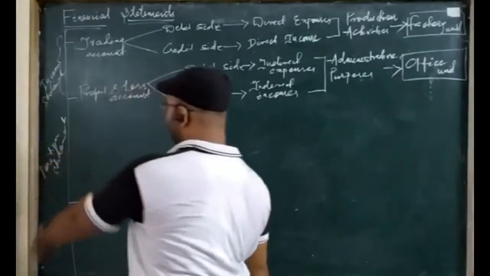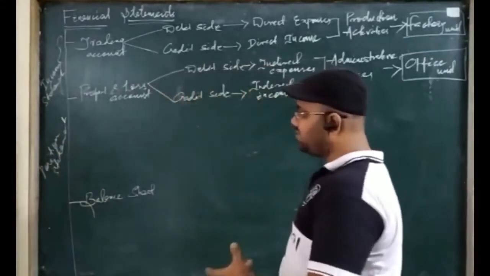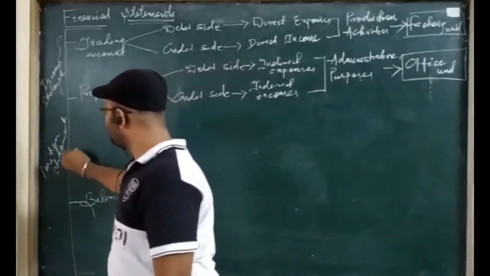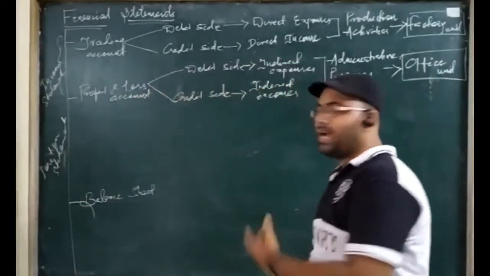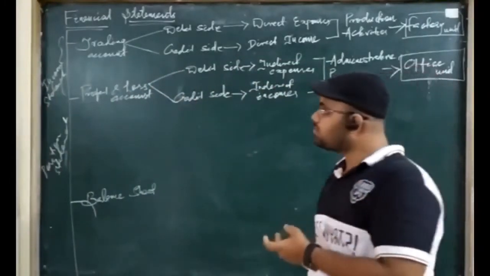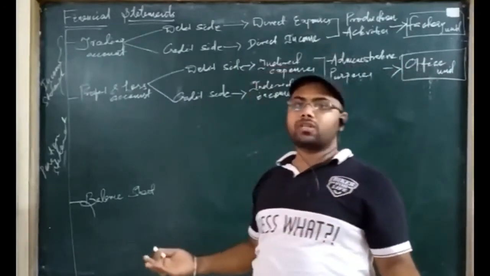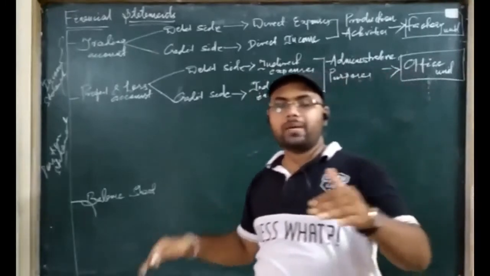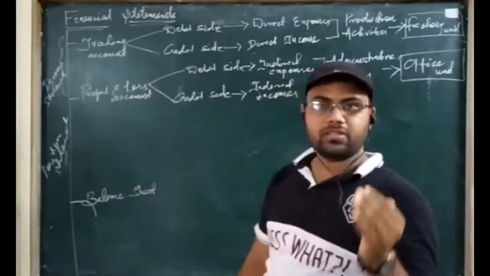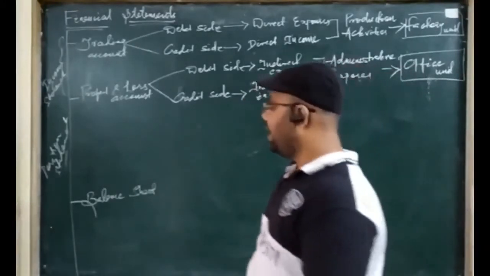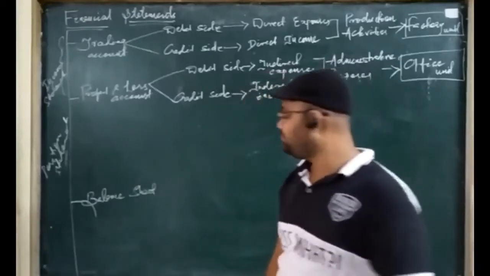which is otherwise called the position statement. Why is it called the position statement? Because it discloses the financial position of the business. And why are trading and profit and loss account called an income statement? Because it determines the excess of income over the expenses. So basically the different types of incomes are shown in this account, so it is called an income statement, and it is where you also get profit or loss.